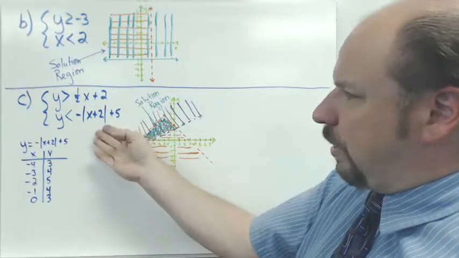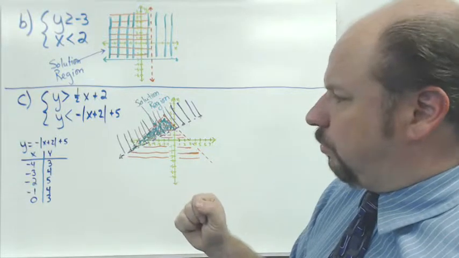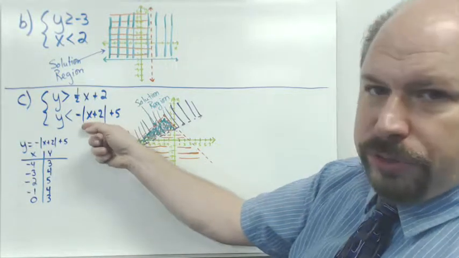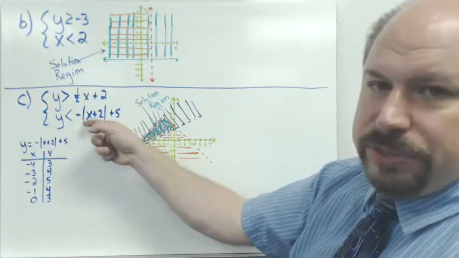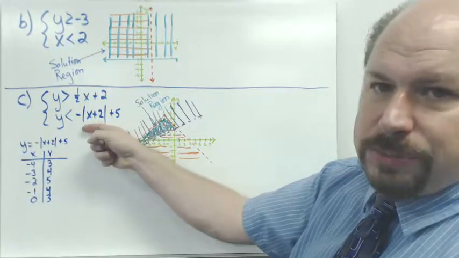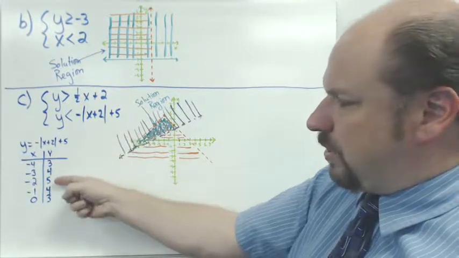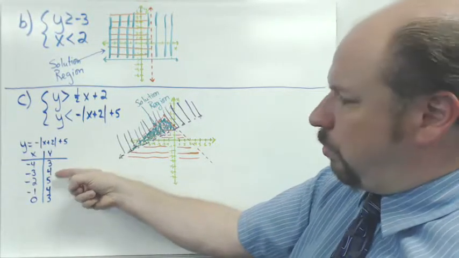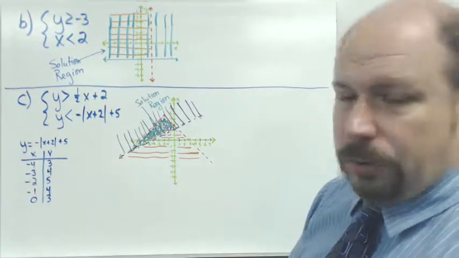For the absolute value, just to make it a little easier to graph that. So remember, our vertex is going to be where this is equal to 0. So x plus 2 equals 0, so x must be negative 2. So I centered my graph around negative 2, picked some other points to the left and right of negative 2